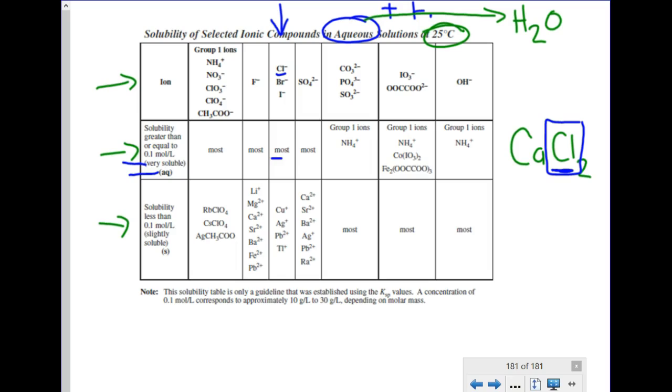It says most. That's not really helpful. What does most mean? Basically, anything that's not in the list of ions in the second row. Anytime you have a most category, you always have to check out the second row and see if it's somewhere in here. So if you look there, do you see calcium down there? Oh, it's right here. What that means is if I take calcium chloride and I put it into water at 25 degrees Celsius,